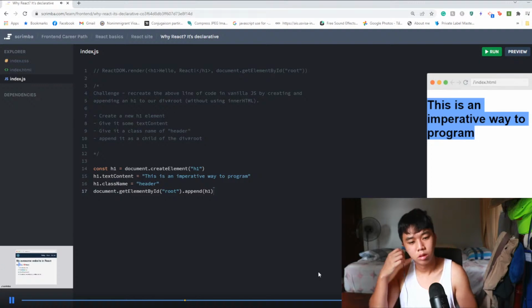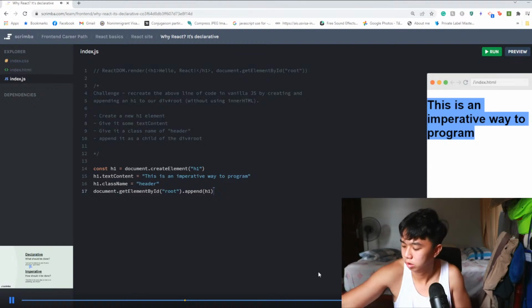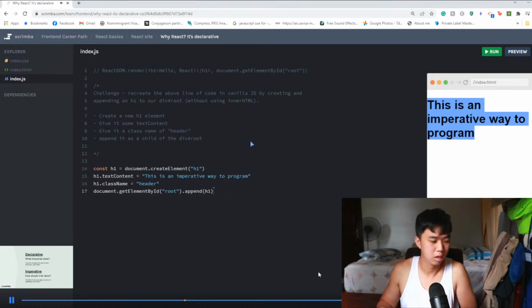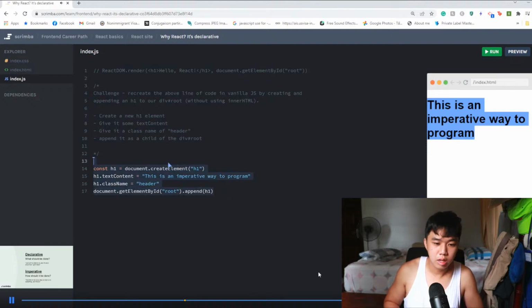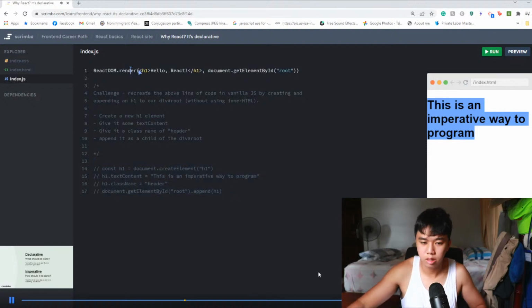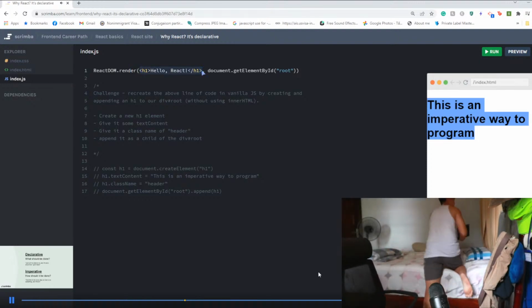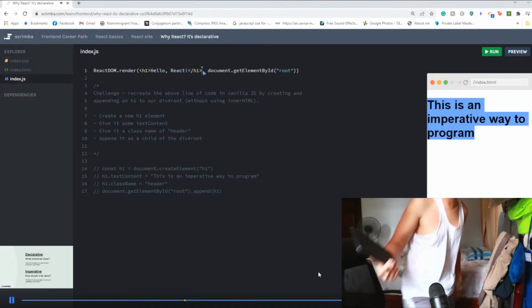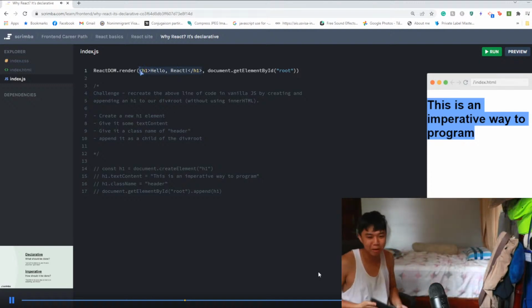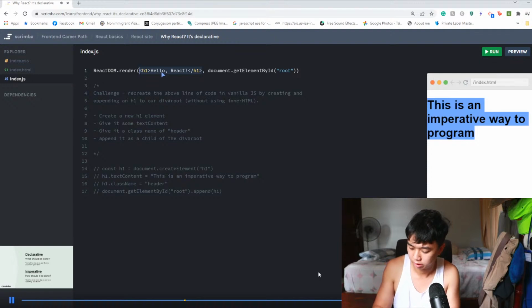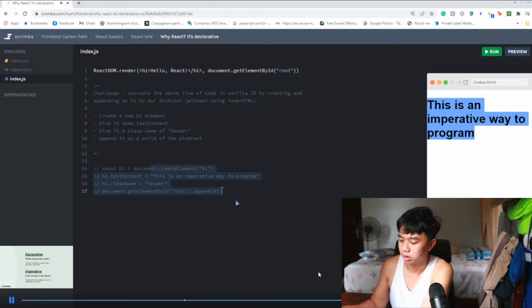And so that brings us back to the idea of writing our code declaratively. And React allows us to do that in a really simple way. As we see back up top, when we comment this out and uncomment this, we essentially get to write our JavaScript as if it were HTML. We are relying on React to turn what we have declaratively written as an H1 into the JavaScript code that's needed to append it to